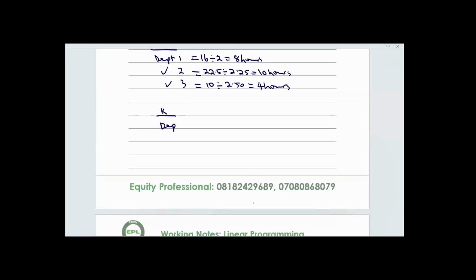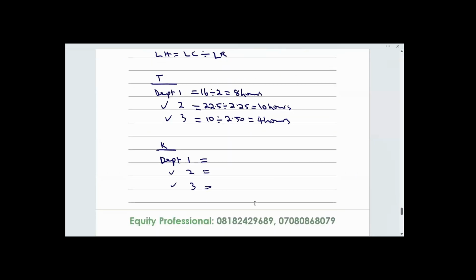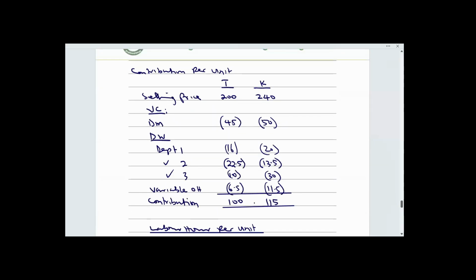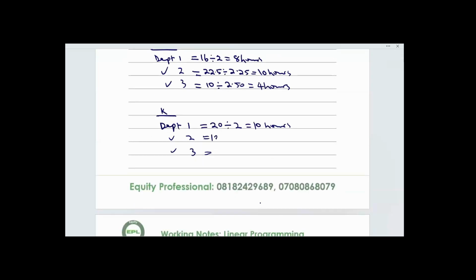Department 1, 2, 3 for Kobo. So direct wages for Department 1 is 20 naira. Okay, 20 divided by 2 will give us 10 hours. Then Department 2 for Kobo, 13.5 divided by 2.25. That should be,